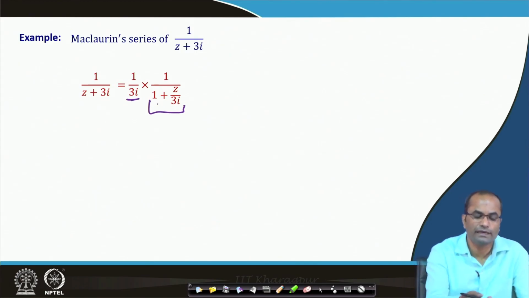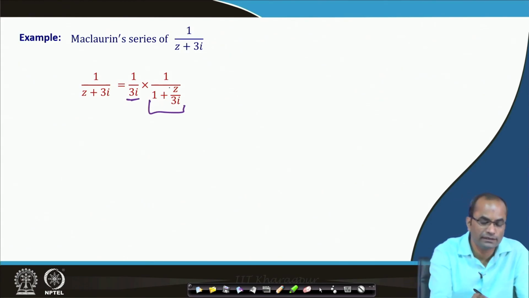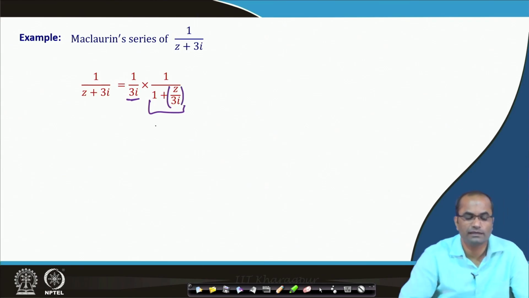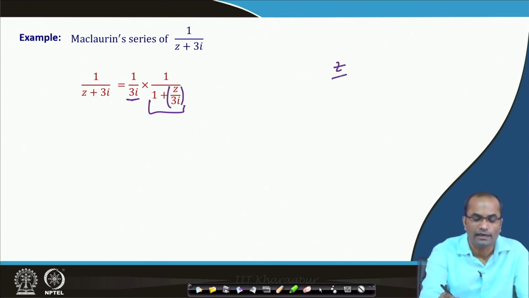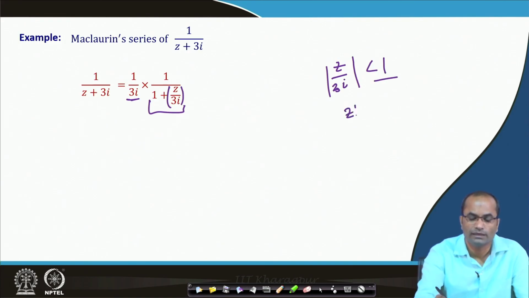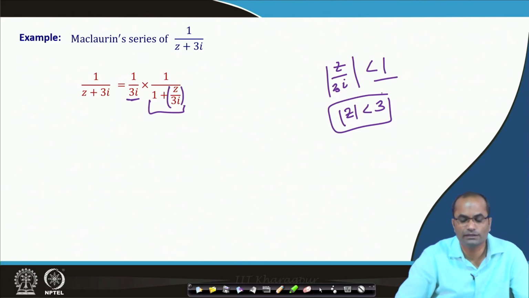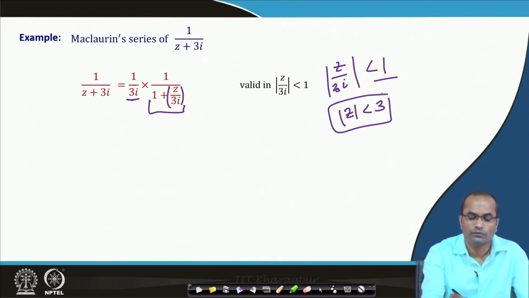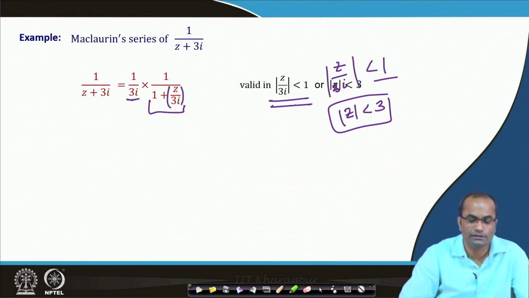If we expand this, instead of taking z we will take z over 3i, and the validity will come from the condition that the absolute value of z over 3i should be less than 1, that means mod z less than 3. That will be the condition for the validity of this series,